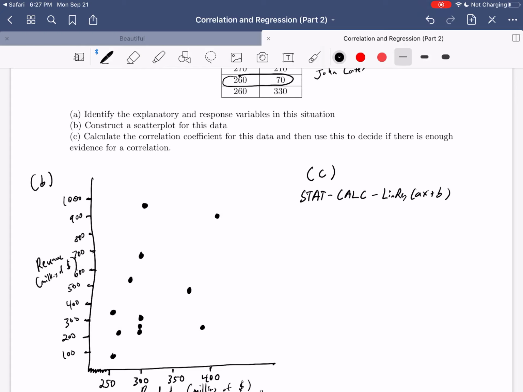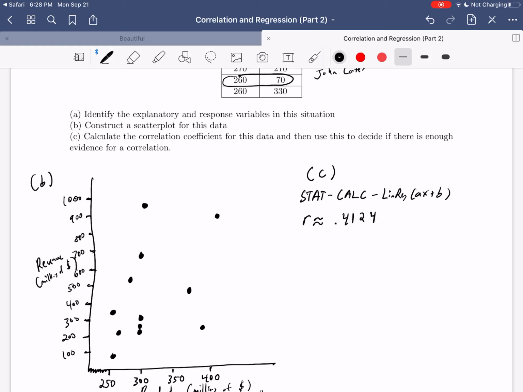If you have watched that and you have your data in L1 and L2 from above, you hit stat, calc, lin reg ax plus b. Make sure that you have L1 and L2 as your list there, or if you have the older calculator, it's defaulted to that. If you do have a newer calculator, make sure the frequency list is blank, and then you can go ahead and hit calculate, and we should find an R here of approximately